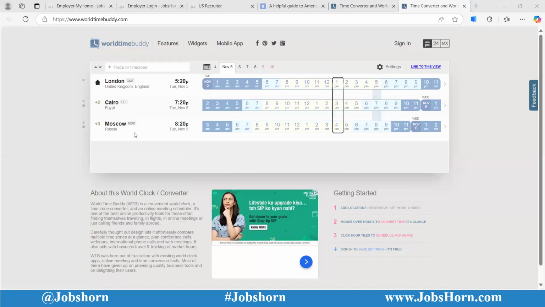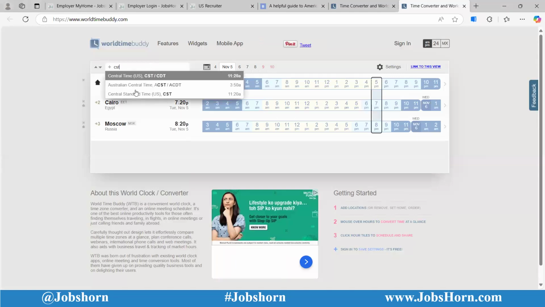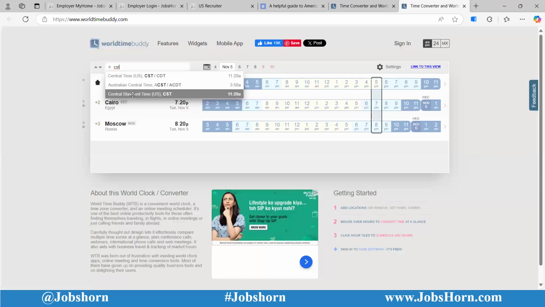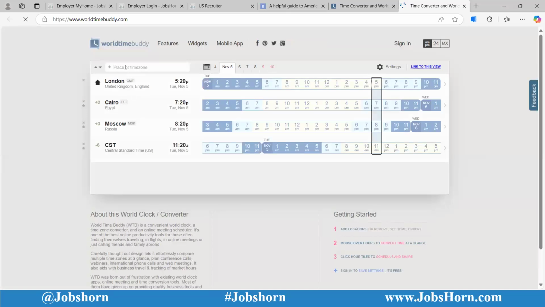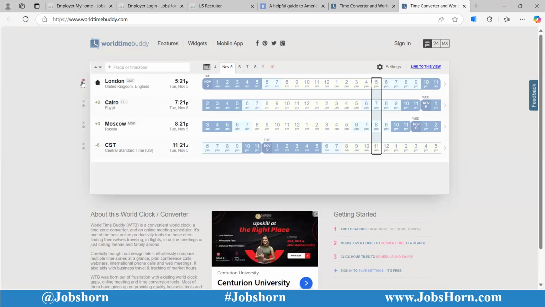Here, if you see this, guys, you can add more time zones if you want to. The London time zone is there. You can delete that, London, Cairo, Moscow, and all those things.